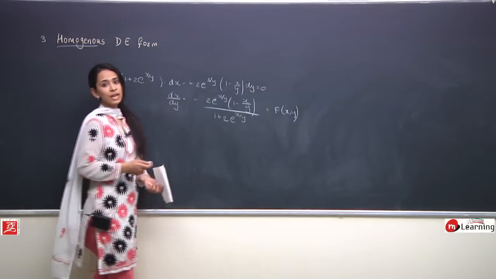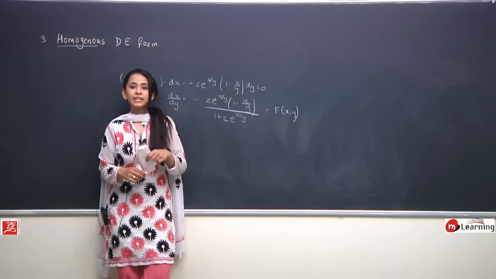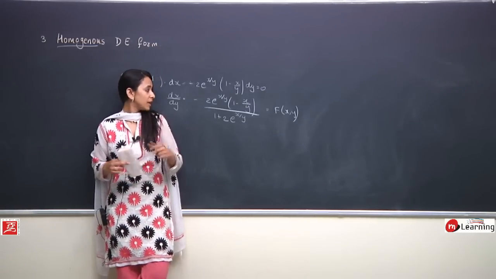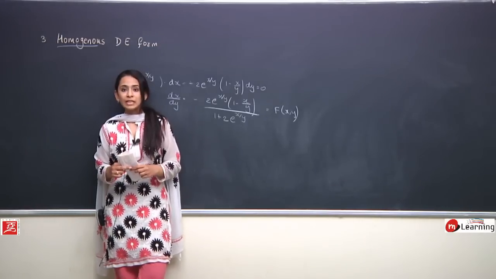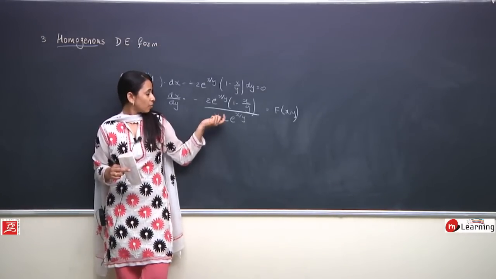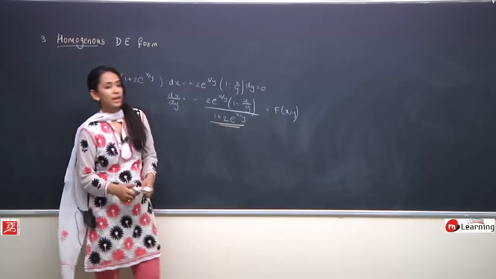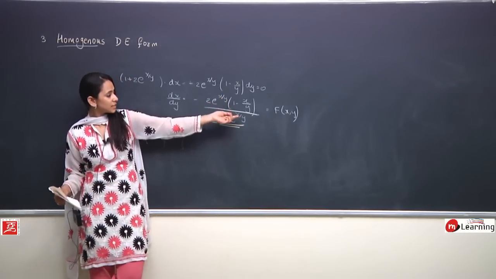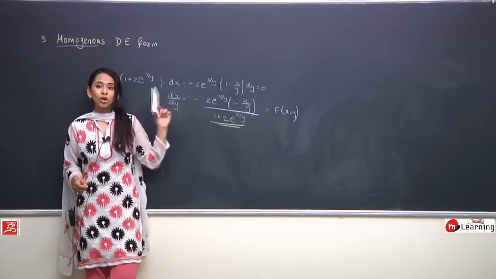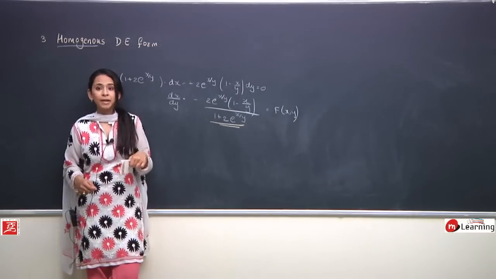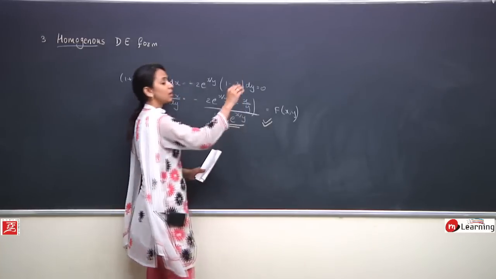Or the other way to find out is, हम जानते हैं that a homogeneous differential equation instead of being dependent upon x or y, it is dependent upon x upon y, which means that this function should be dependent upon the nature of x upon y rather than being dependent upon x or y individually. So यहाँ पे check करते हैं. What I can see is that this function here, it is just dependent upon the nature of x upon y. We have 2e^(x/y)(1 - x/y) upon 1 + 2e^(x/y). So this function is not dependent upon x and y individually, but it is rather dependent upon x upon y. So you can directly say that this equation is a homogeneous differential equation because it is